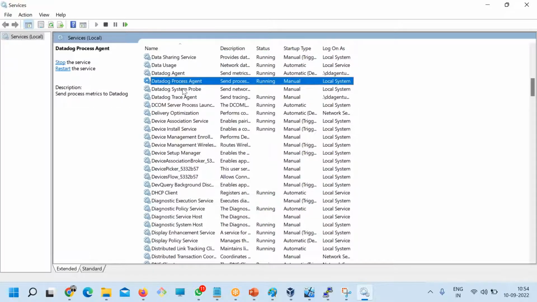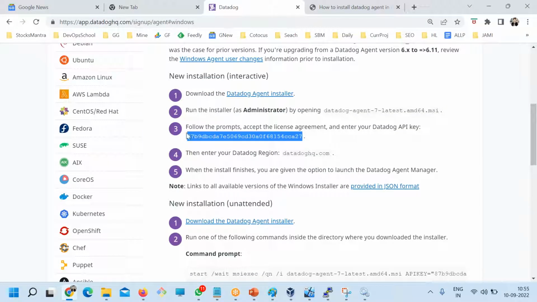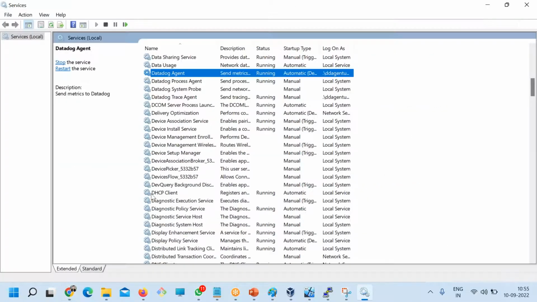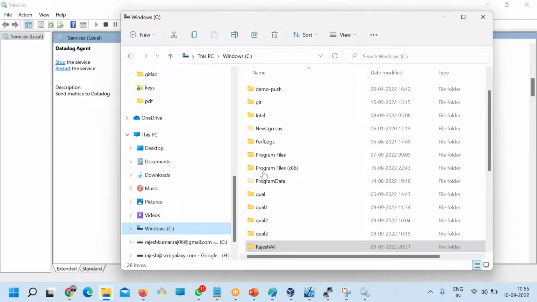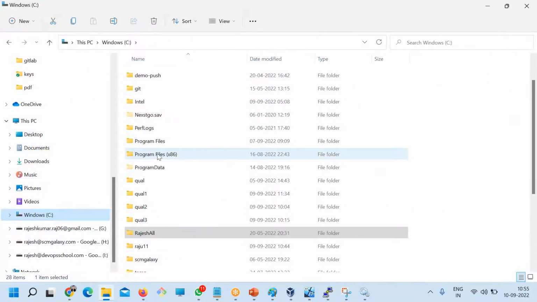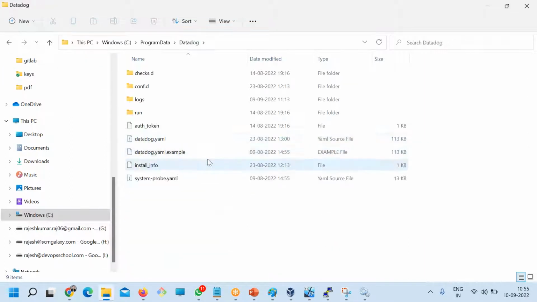But the only thing is the change has to happen here, because the agent which is installed is an older version. So how do you make the changes? Go to the C drive, and there's one directory called ProgramData. It's a hidden directory, by the way, mind it. And then here you have the Datadog folder, and it contains all the files.